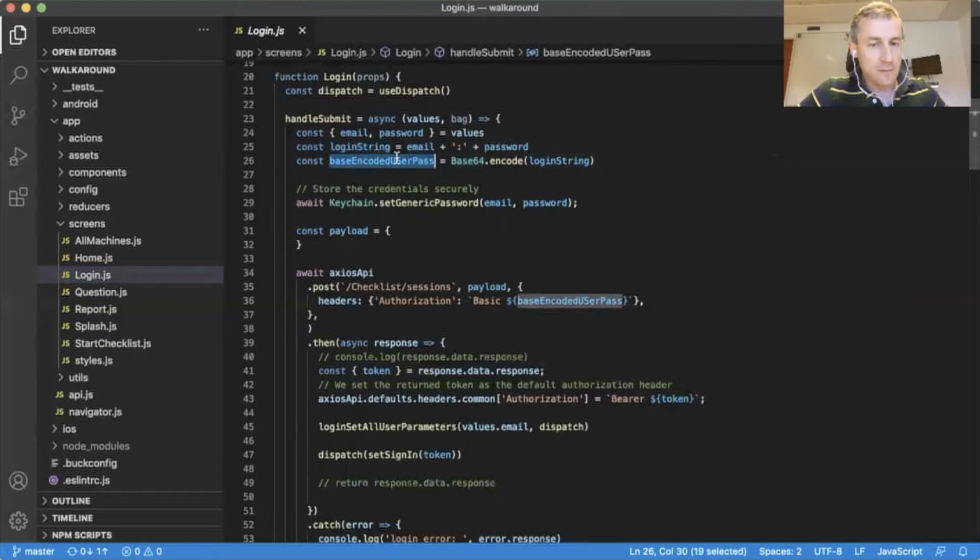That string that I get by base 64 encoding is sent to FileMaker using a request, a regular HTTP POST request, that I send to this address